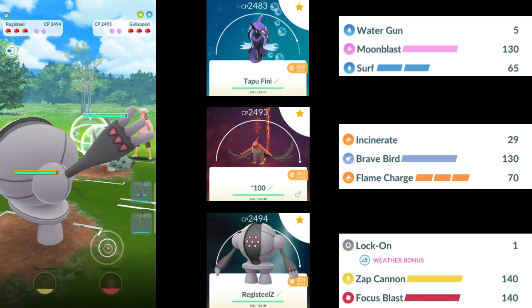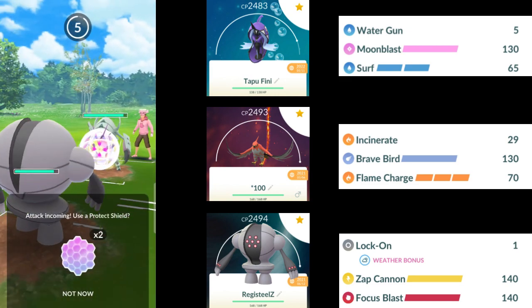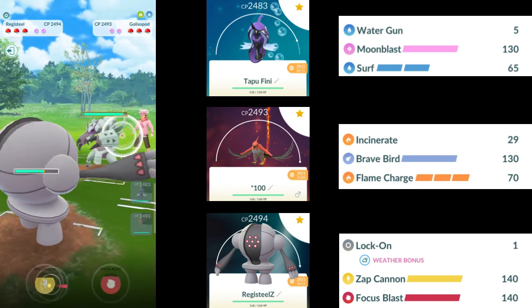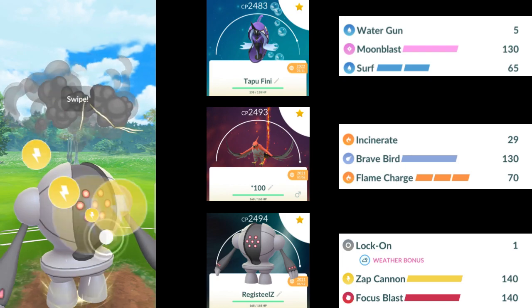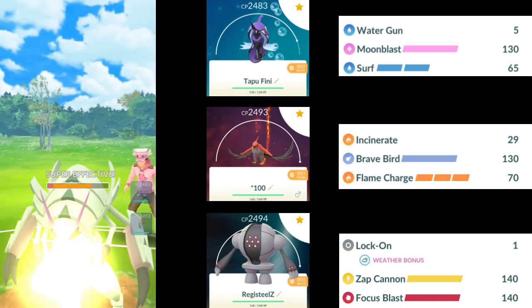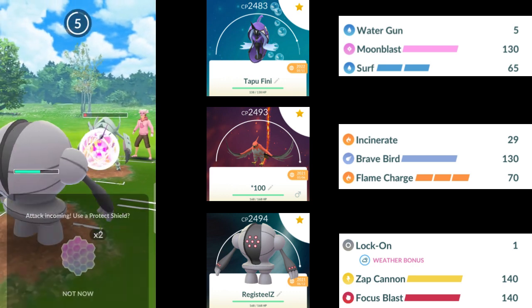All right, so we decide to switch into the Reggie here because the Talonflame would potentially take super effective Liquidations, and most of the moves that this Golisopod is going to throw at this Reggie are just chip damage. We are going to be able to get to the super effective Zap Cannon here. Let's see if they shield. I don't think they will. Yeah, there's no point in shielding here because they're not going to be able to take us out, and they might as well